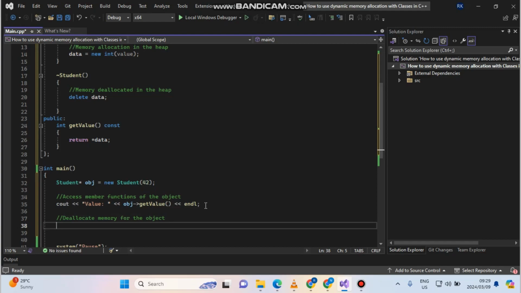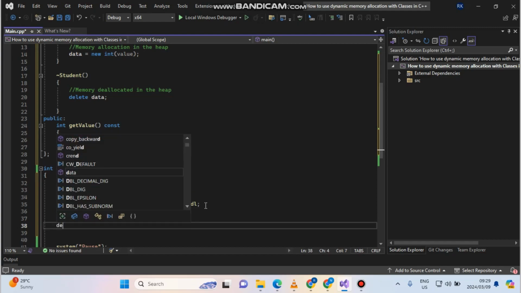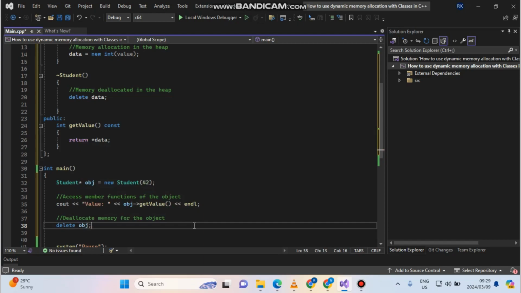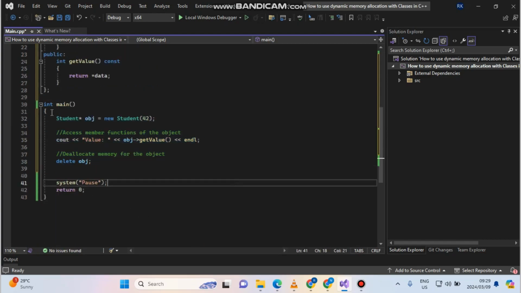used, there must be a delete keyword to justify that the memory being allocated for a specific variable or member in a function or a class needs to be freed. So after this, we use the delete keyword again. You just remove the object data being stored, because remember, in the main function